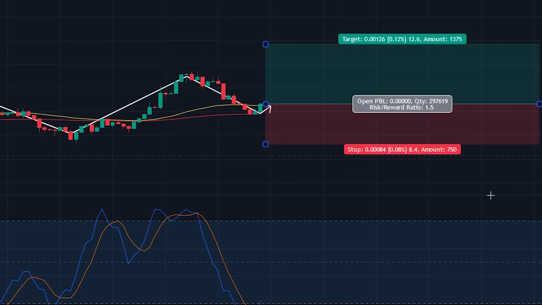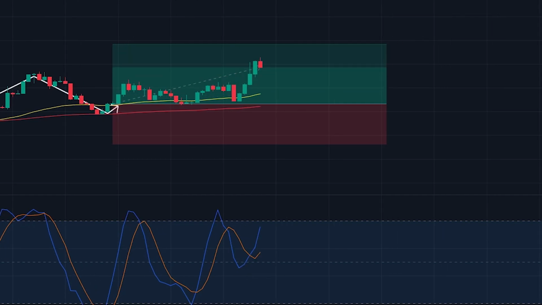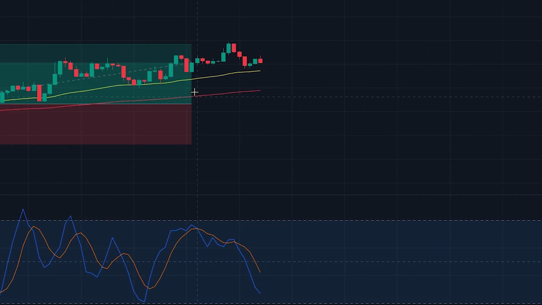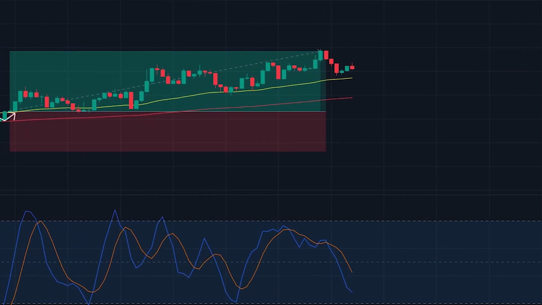Now let's see how the trade plays out. As you can see, the trade was very profitable again. To make sure that you do not take false entries, let's take a look at when you should not enter